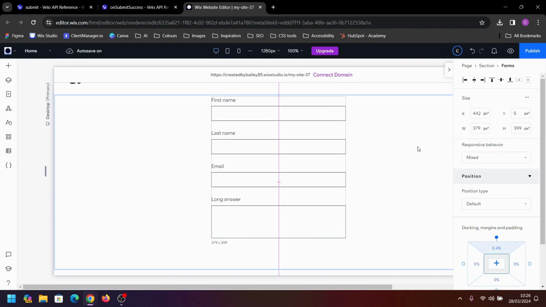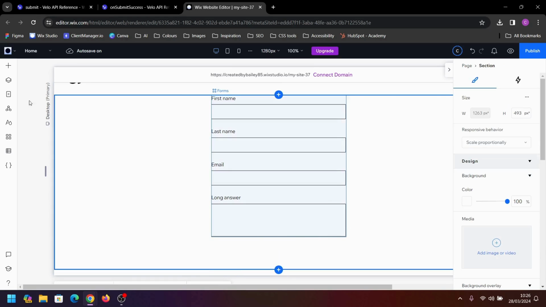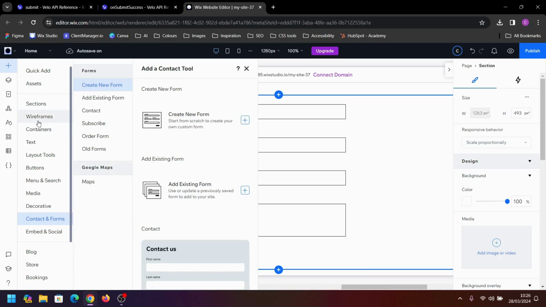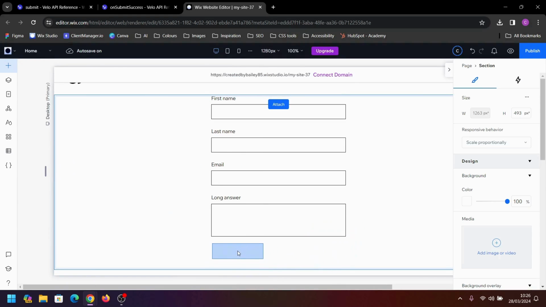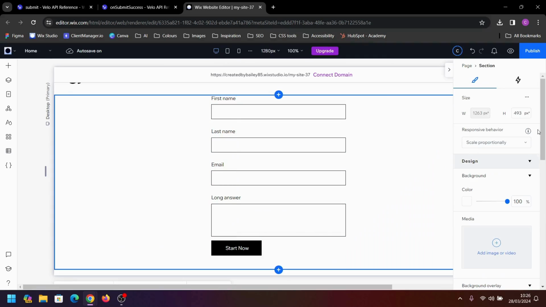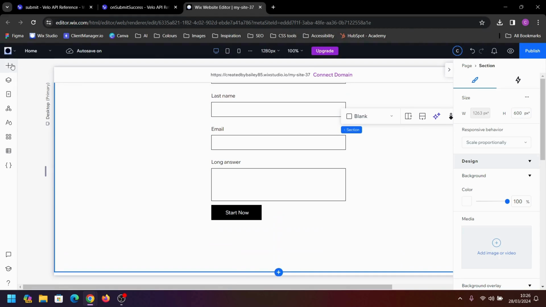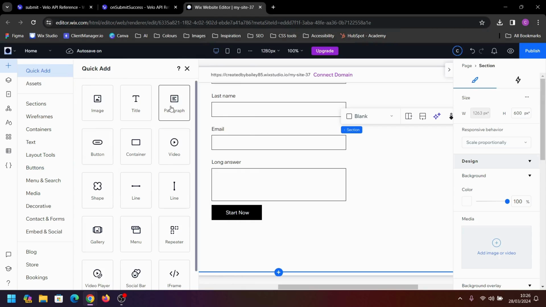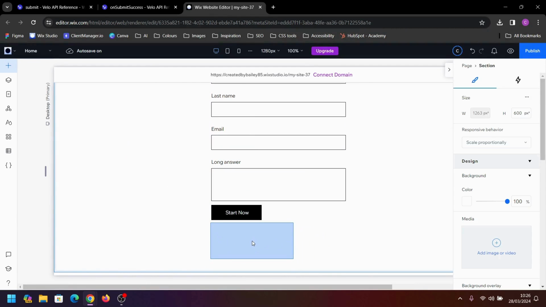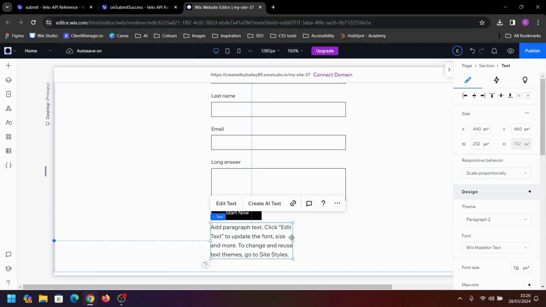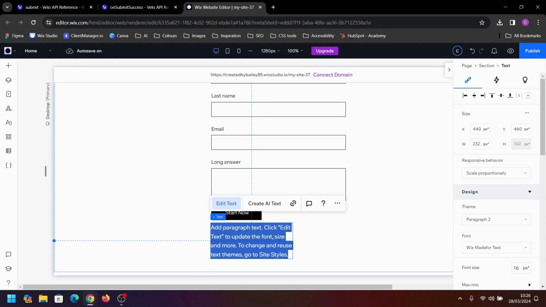I'm going to just push that to the top. Next I'm going to click the add elements button, then I'm going to go to buttons and I'm going to grab this styled button and I'm going to just place that there. I'm going to make this a little bit bigger first. Next we're going to add a paragraph tag underneath this button, and we'll change this text to thank you for your